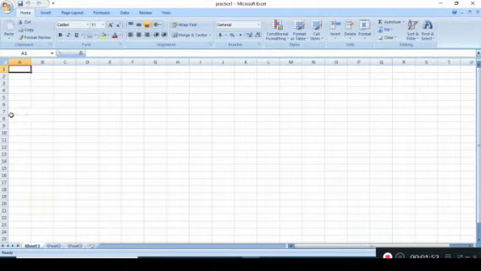Intersecting means crossing each other to make a cell. The default worksheets are sheet 1, sheet 2, sheet 3, which can be renamed suitably as needed. If we want to change the name of these sheets, we can change it.